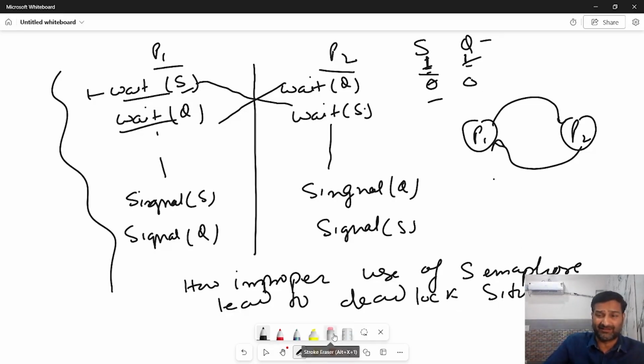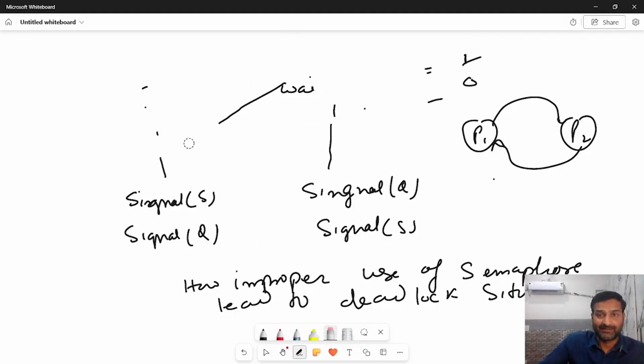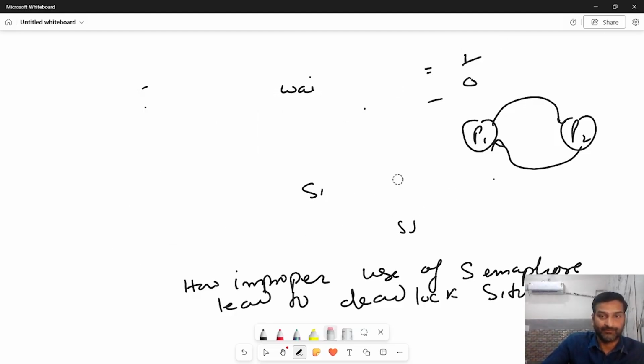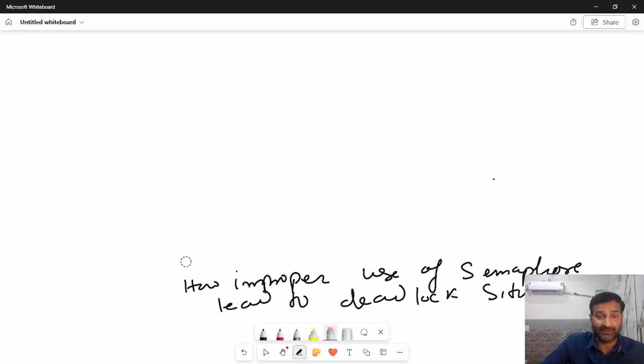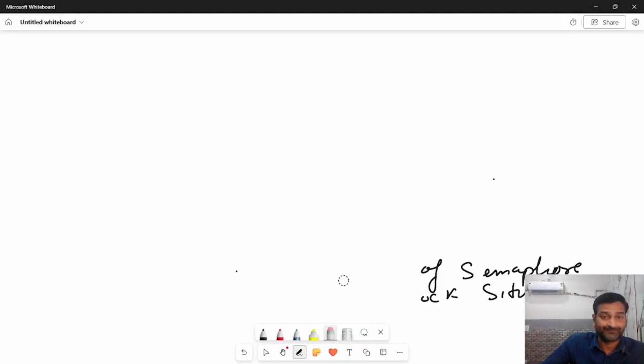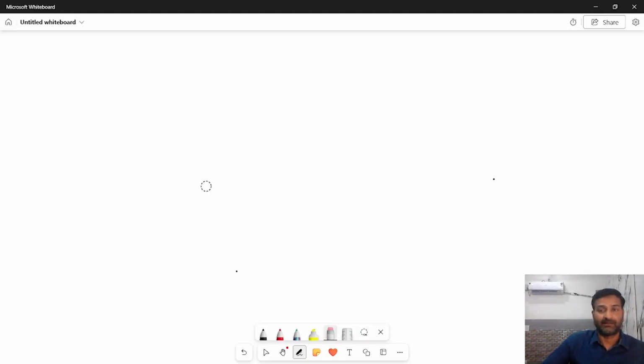I mean, what are the necessary conditions in which deadlock occurs? So to understand this, till now we have discussed deadlock for a process. Now you can relate the same to a thread also. So a process or a thread is in a deadlock state if it is waiting for a particular event that will not occur. So this is the meaning of deadlock. Now, to understand the deadlock characteristics and the necessary conditions of deadlock,